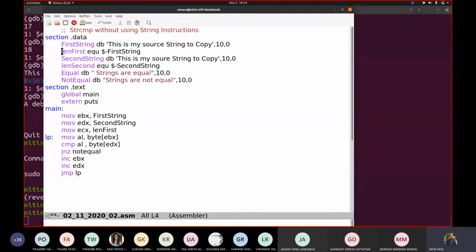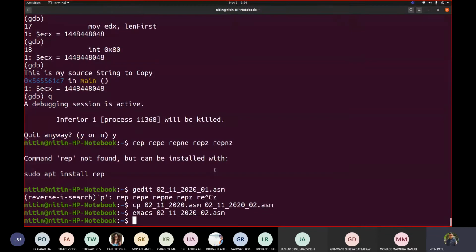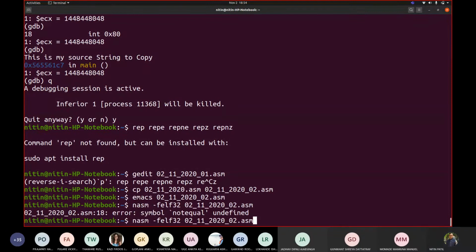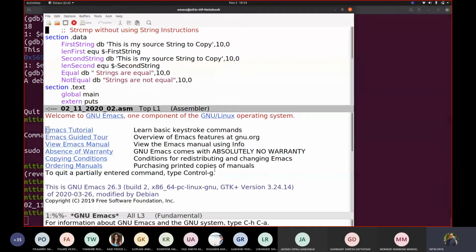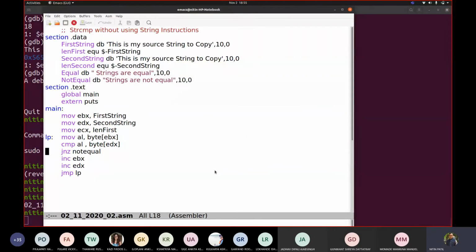If I write this code and this source string, you see the error. So let us write only this code. Let me assemble, I will show you one more time. 02_02.asm. Oh, we haven't defined that label. Not equal, we'll display that. What do we want? Puts.